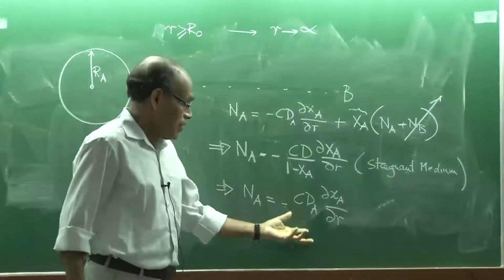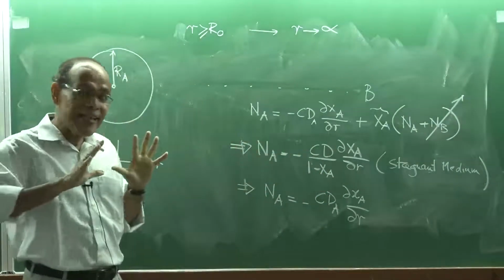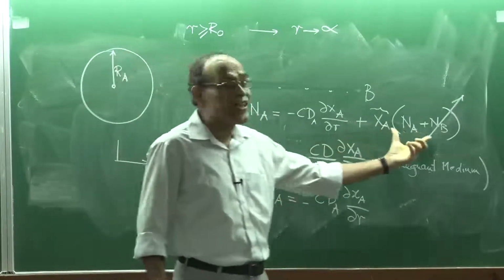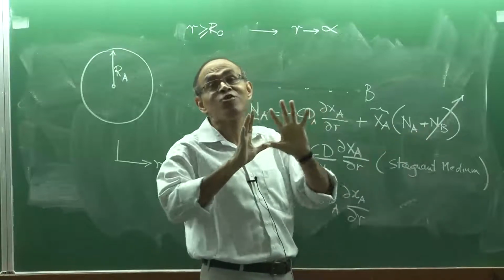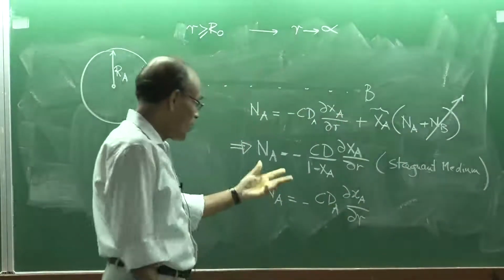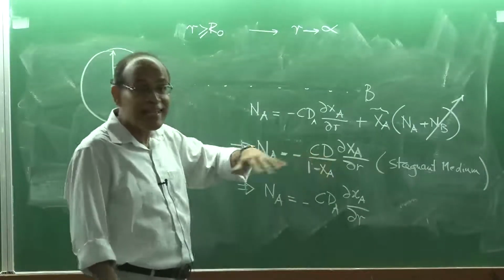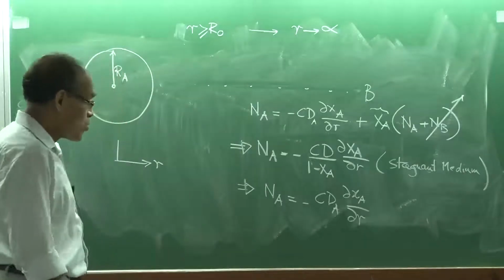So that the surrounding medium is stagnant, but there is a bodily movement part. This 1 minus x, where has it come from? This has originated from this particular term. And what is the origin of this term? This is associated with the bodily movement or the bulk velocity. So this 1 minus x factor essentially tells us that there is a bodily transport term associated on top of